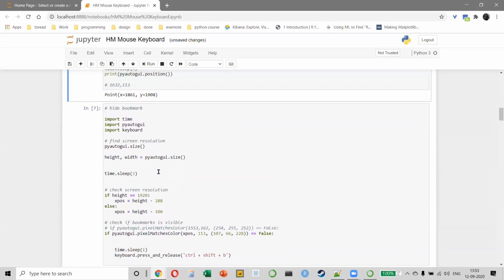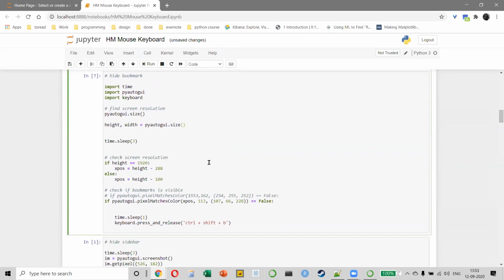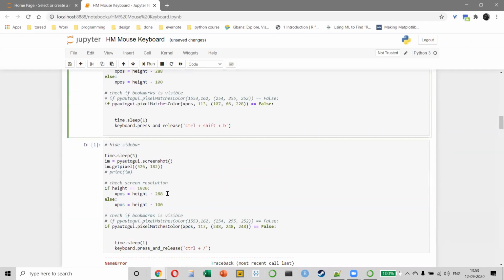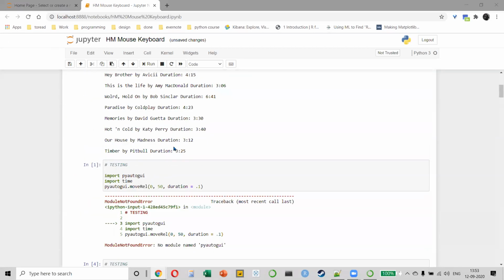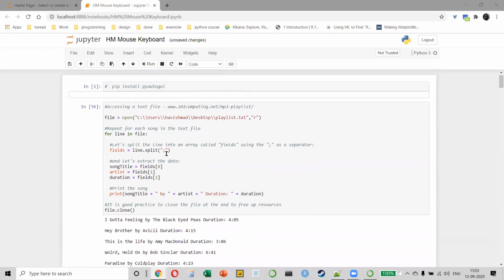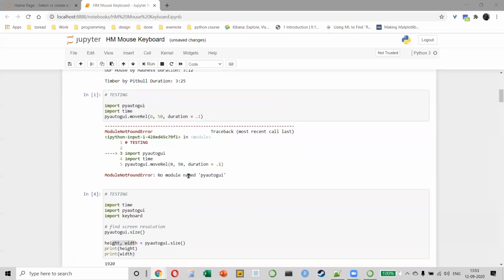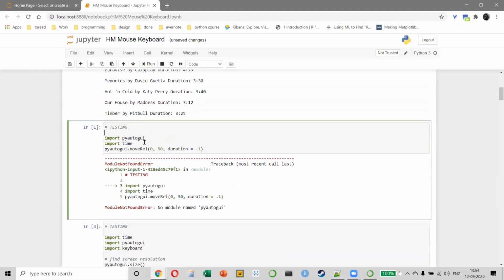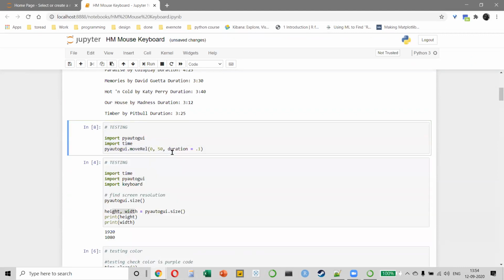For example, if you notice, just give me a moment. Let me give you a simple example. Okay, look at this one. 3 lines. When I click on run, look what will happen. Did you see my mouse actually moved? Watch carefully.